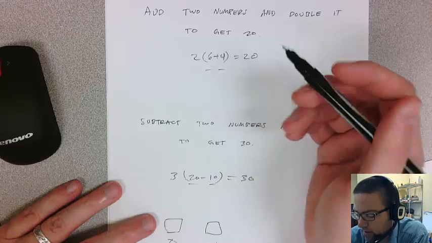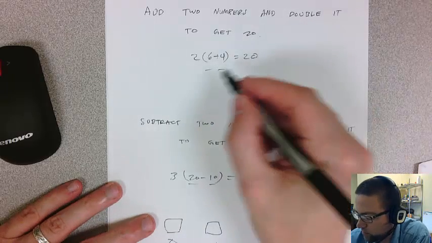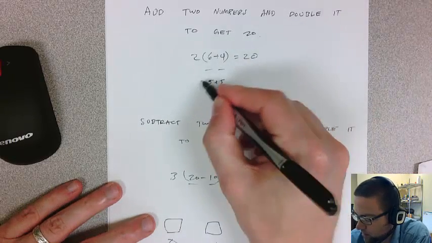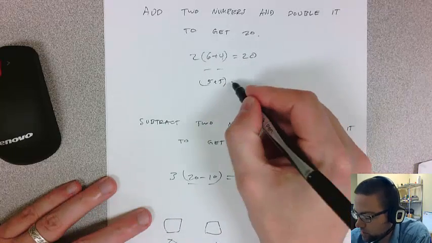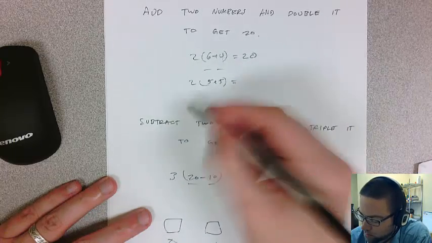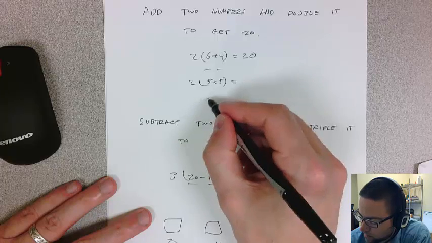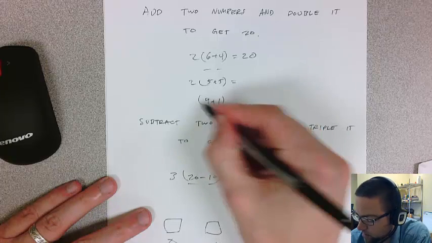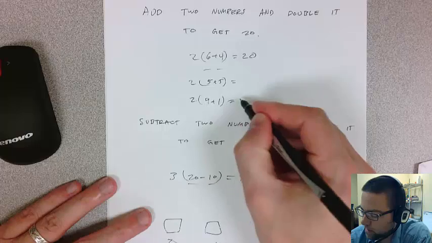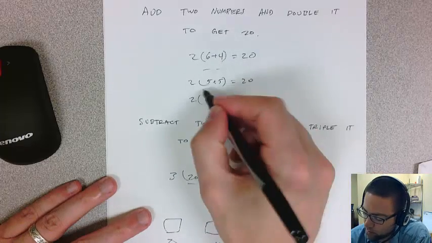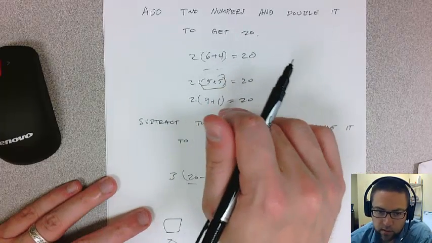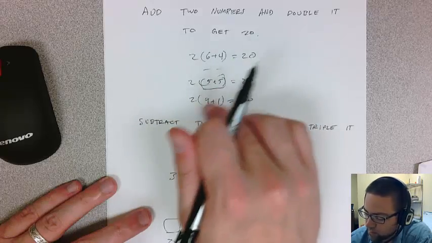Whatever two numbers you picked, they always had to add up to 10, right? If you pick 5 and 5, those add up to 10, and then 10 times 2 is 20. Or if you picked, I don't know, 9 and 1, right? Those add up to 10, and then double it, you get 20. So you probably noticed pretty quickly that after a couple of tries, you're always finding two numbers that add up